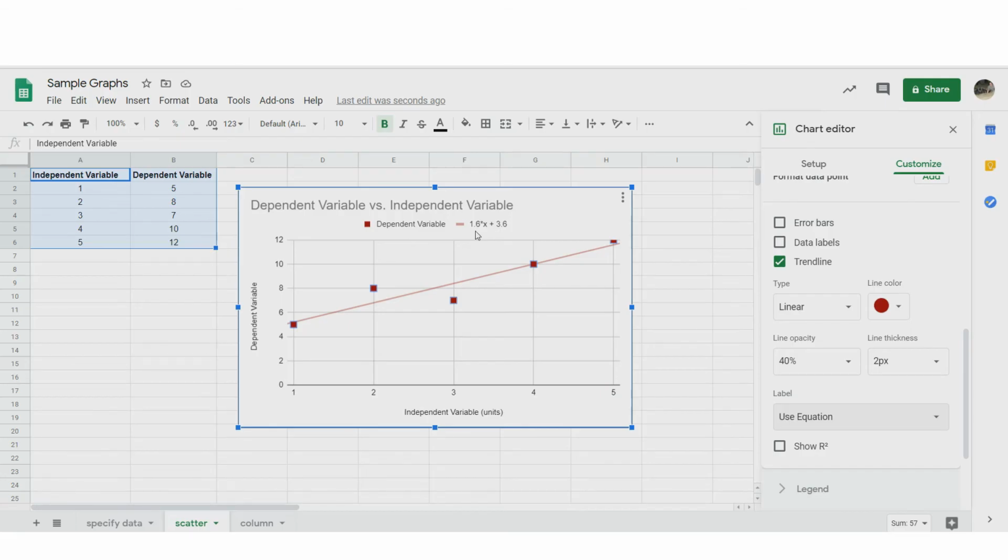So this is giving me the line equation in terms of y equals mx plus b, and this can be used for inferring or extrapolating data points, and it also gives us rate because rate equals the slope. And we use this frequently in biology classes, so it's important to be able to get that information.